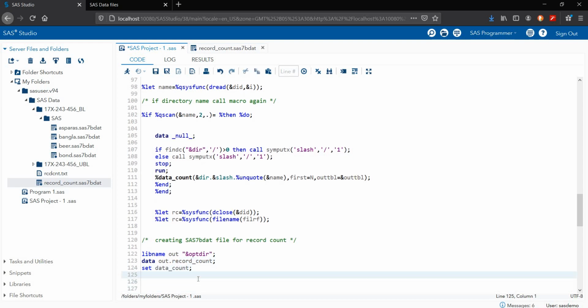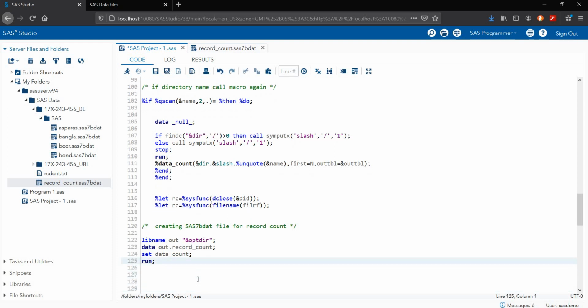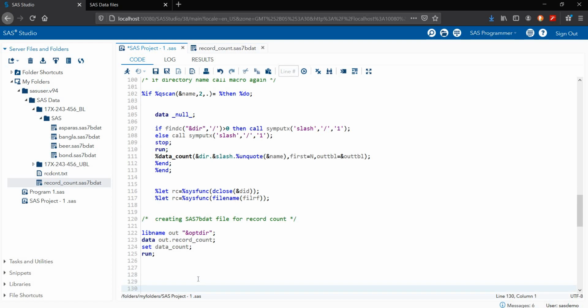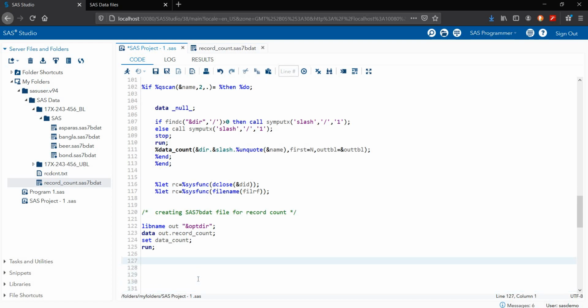Then data set data count is done, then my run statement. Now my SAS 7-byte file is created here with this statement. Now I'm creating my text file here for record count.